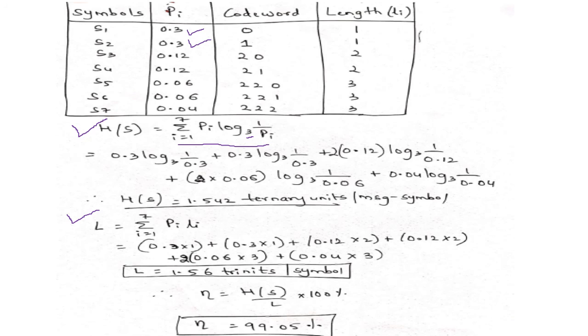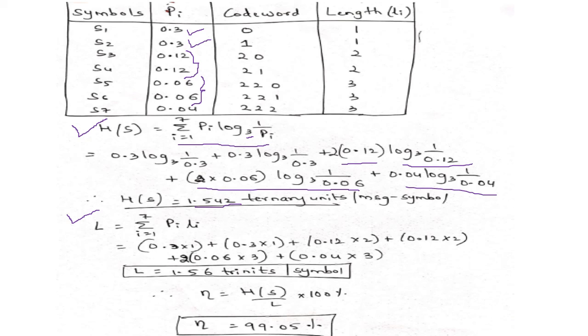Similarly 0.3 log 1 by 0.3 to the base 3. 0.12 is repeated 2 times, so it can also be written as 2 into 0.12 log 1 divided by 0.12. Similarly 0.06 is occurring 2 times, 2 into 0.06 log 1 by 0.06, and the last one 0.04 log 1 divided by 0.04. So once we simplify, we'll obtain entropy as 1.542,